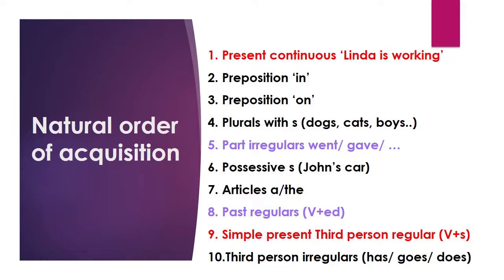For instance, we can see that the present continuous is acquired before the simple present, and that irregular simple past verbs are acquired before regular verb forms. This shows that the order of acquisition does not often respect the logical simple to complex order, but it is a totally natural order. A second language acquisition teacher should expect learners to master different parts of language, though not necessarily in the same order in which they are presented in the textbook or in the curriculum.